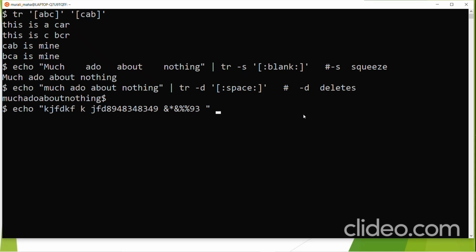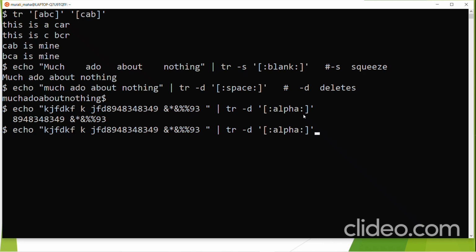From this I want to remove only the alphabets. So what I do, tr -d, then alpha colon. So this would delete only the alphabets from the input. If you can see, only the alphabets are removed from the input.